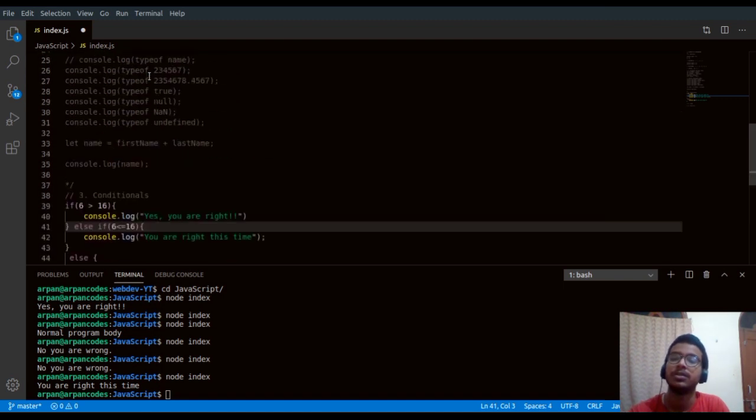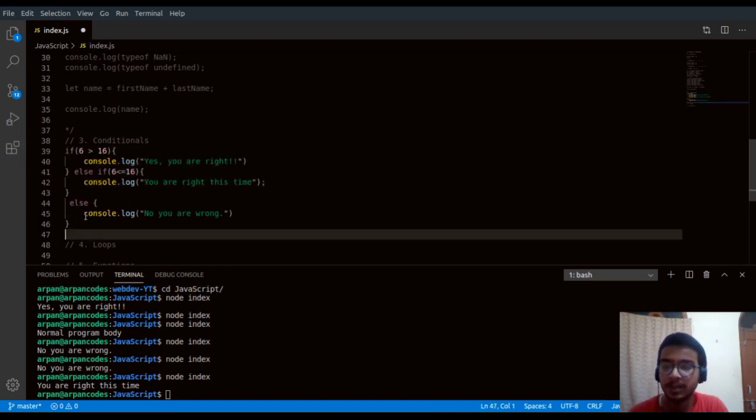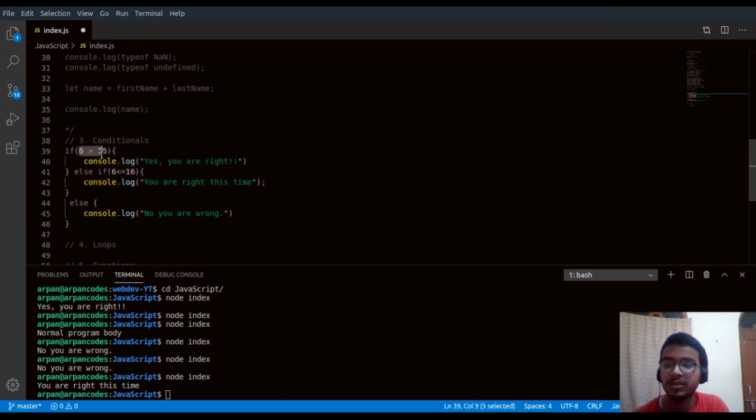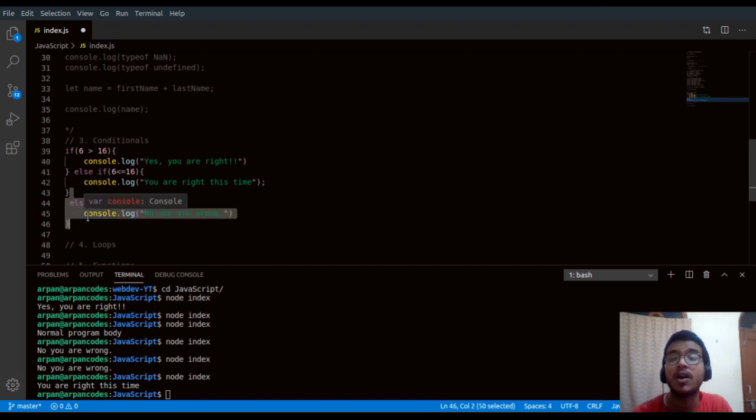Okay, so the compiler or interpreter is coming, reading the code line by line, then this if statement comes. It will see the condition, it's false, it will ignore this block, then it will see this condition, it sees it's true, it will execute this, and it will not see the rest of the code of the else